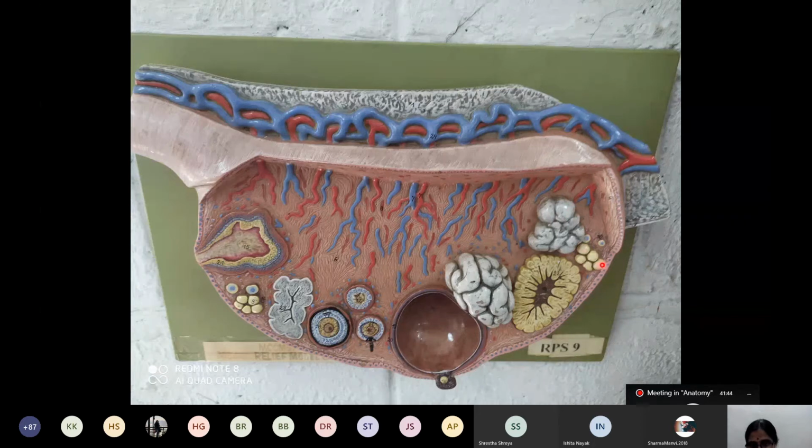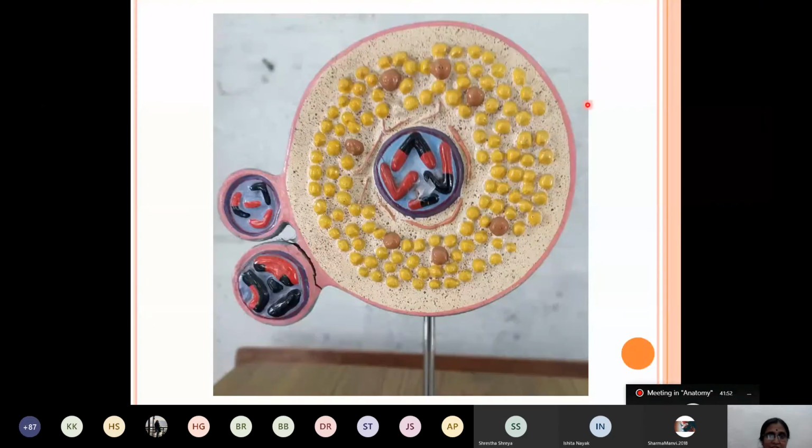And here this bunch that you see, these are the bunch of oogonia. This is a very important model for the spotter. Now here you can see this is the secondary oocyte with polar bodies. This polar body regresses, does not persist. If this polar body persists, the chromosomal abnormality is known as polyploidy. You have studied in genetics aneuploidy, polyploidy. If you do not understand, you can ask me later on.